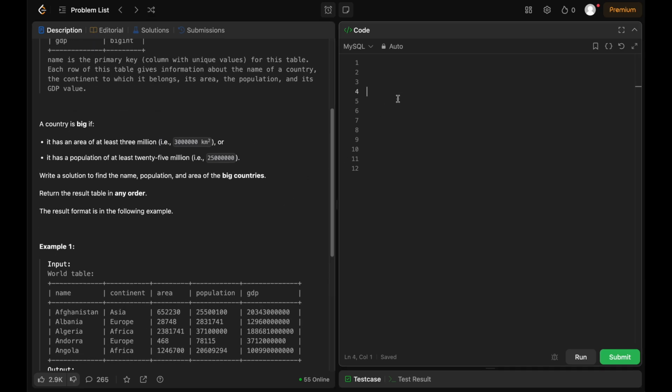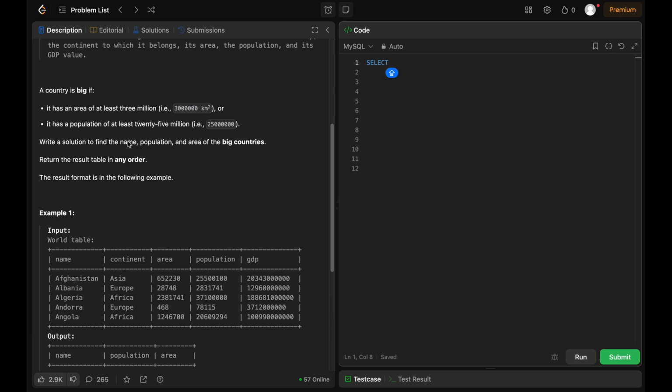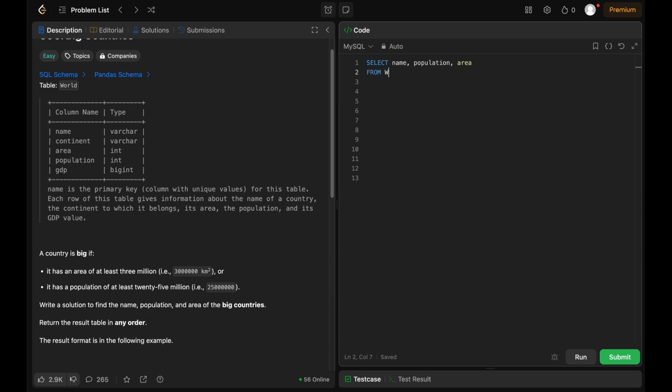So we will do select and we want to get the name, population, and area. So we will say name, population, area. All right. From and the table name is called world. And we want to filter with the condition where